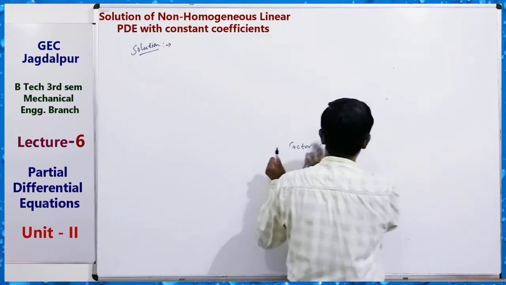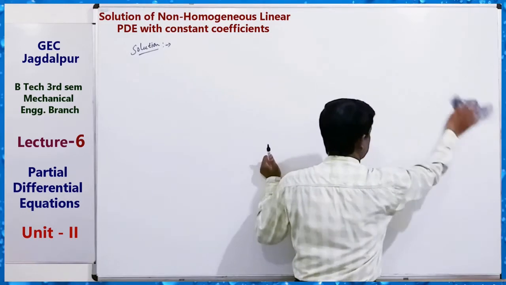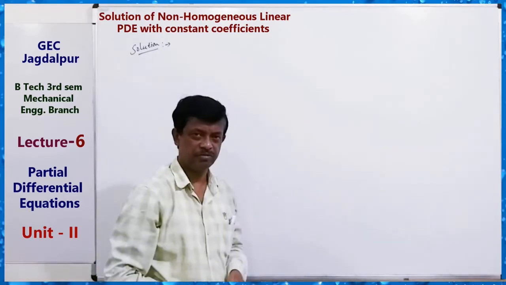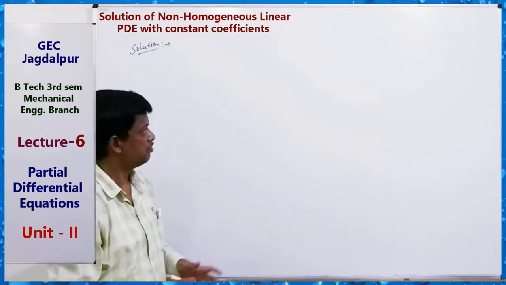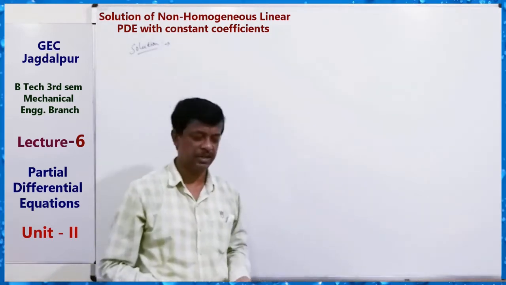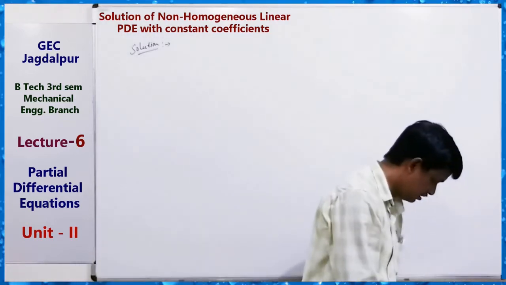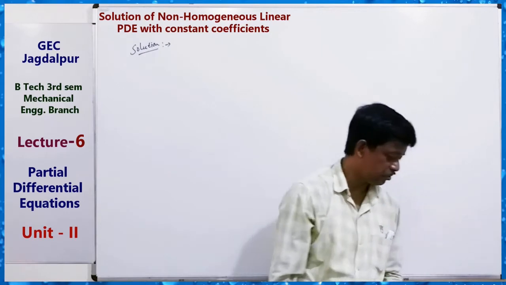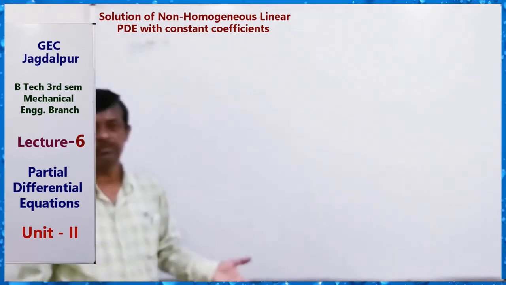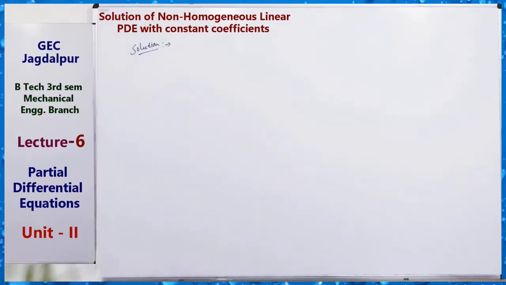Okay. Now PI, the rule of finding PI is the same as before. We have already solved many questions on homogeneous linear partial differential equation PI. So now we will take some questions one by one, and we can get a clear idea how we can solve non-homogeneous linear partial differential equation. Okay.